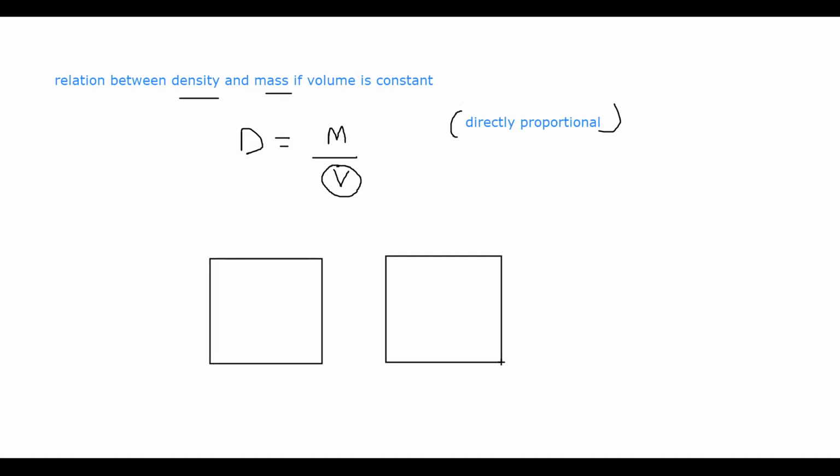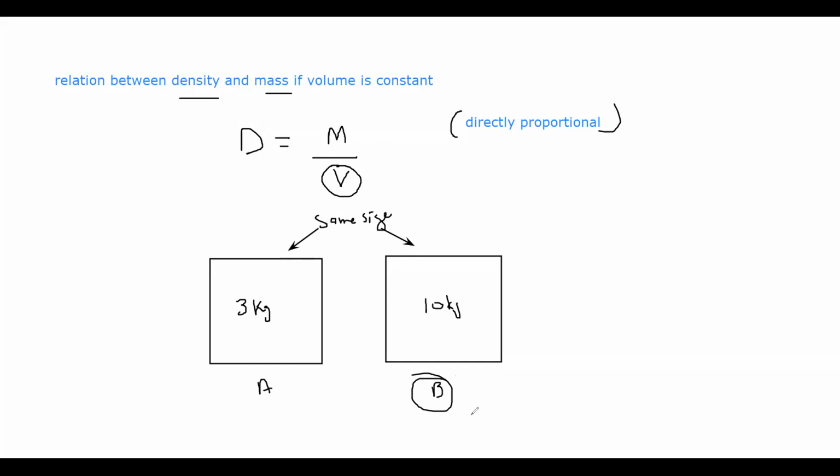Without calculation, can you identify which has high density? 3 kilogram, 10 kilogram. Two objects of the same size. 10 kilogram. So if they both have the same size, or the size of object A and object B is the same, which is denser, which contains more particles in a unit space? Object B contains more particles in a unit space. So object B is denser.